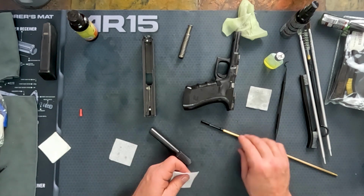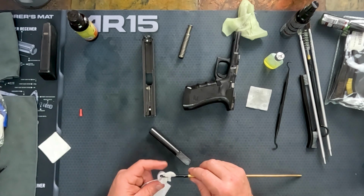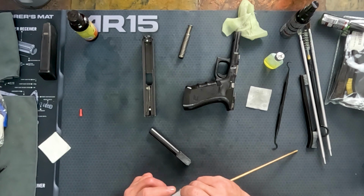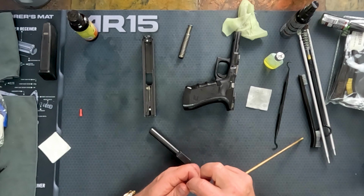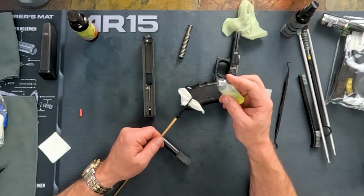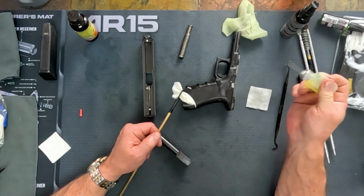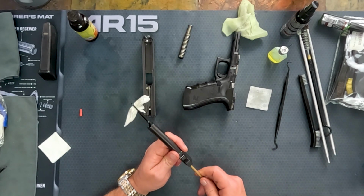And then we turn ourselves to the inside of the barrel, which we're going to apply a light film of oil to as well. The reason for this, again, guys, is that there's a lot of velocity and force when you're shooting, so you're keeping everything lubricated so it functions better. But also, if you end up having your gun stored for a period of time, you can't get to the range, life has you busy and you're just not going to the range, that light film of oil also is